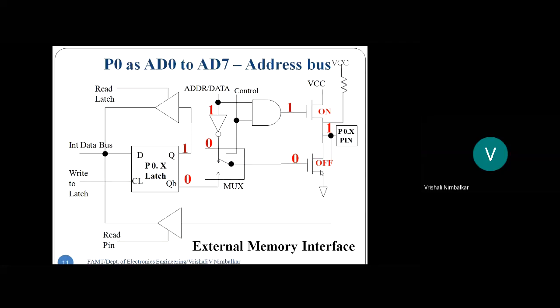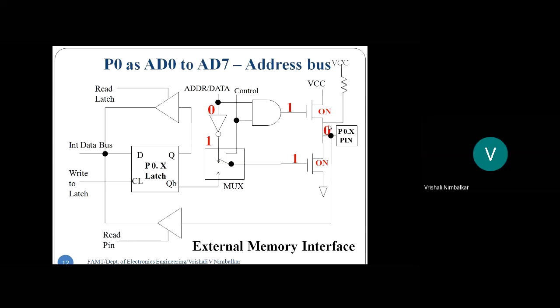If I wanted to send logic 0, in address and data bus mode the upper MOSFET is kept on automatically. Now we are sending logic 0. The inverter makes it logic 1. Logic 1 appears on the lower MOSFET, and this MOSFET turns on. And now, since both the MOSFETs are on, there is a current flowing from VCC to ground. And what is that pin showing? The pin will show logic 0. Is that okay? See, when do I get logic 1 here?